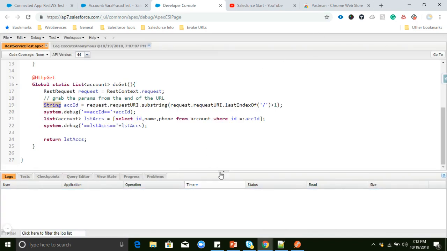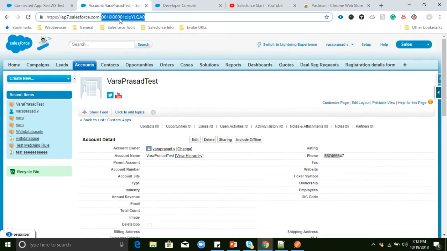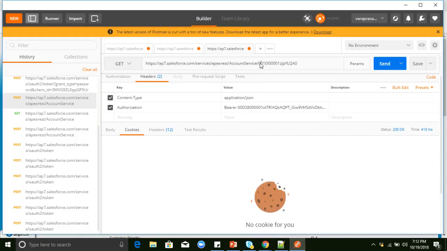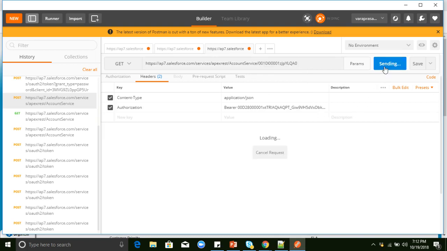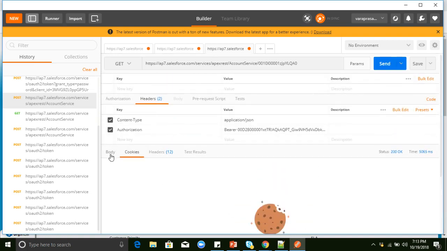So we will pass the id once again and send. So check it from the body.